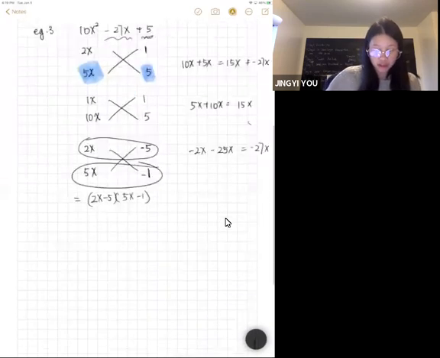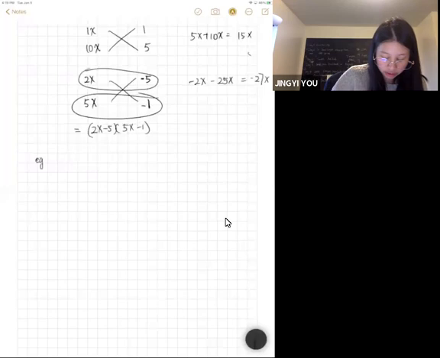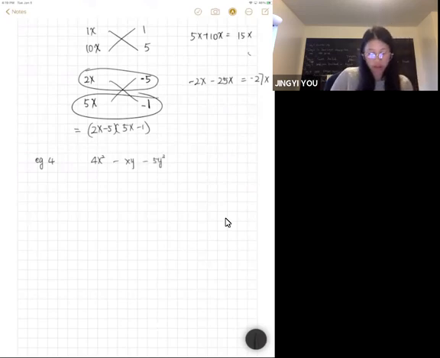Okay, let's try another example. We have 4x squared minus xy minus 5y squared. So again, I want to split this as 2x times 2x, because 2x times 2x is equal to 4x squared. And then negative 5, since our goal is getting a negative, so one positive number times a negative number equals a negative. So that means you want to split 5 as one positive and one negative. Since here is a negative sign,